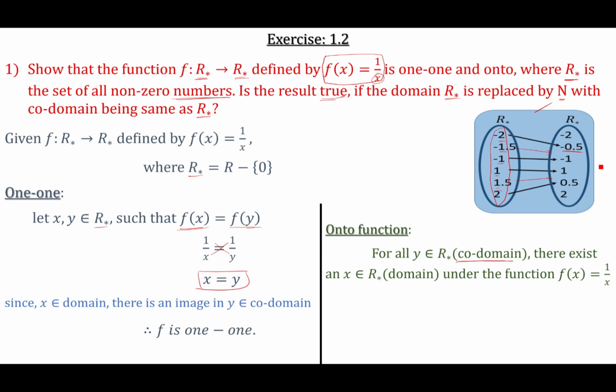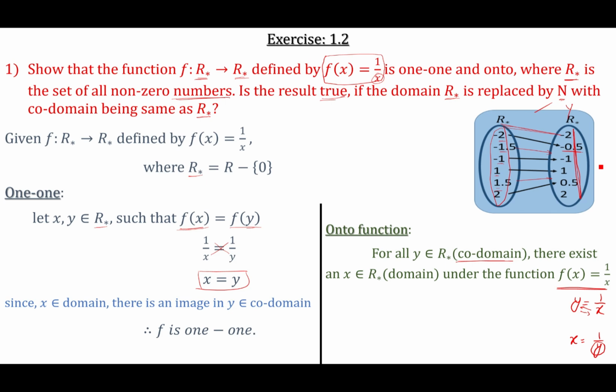Now try to understand. The given function is f of x, which is nothing but y equals 1 over x. Now if I switch the values of x and y, if I cross multiply, then x equals 1 over y. This is y. Take any values of y and plug in here. I will get some pre-image